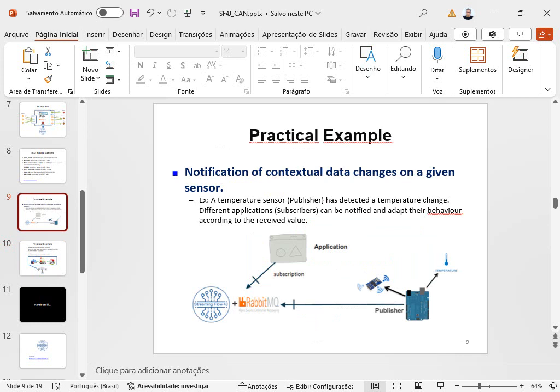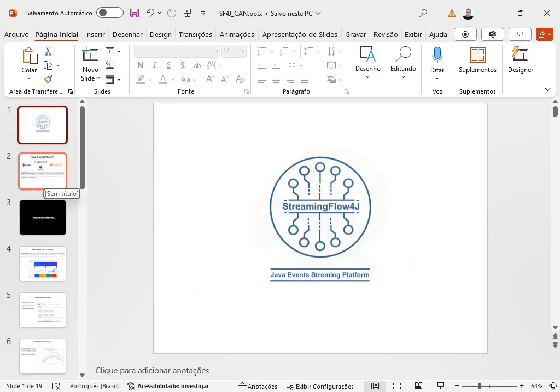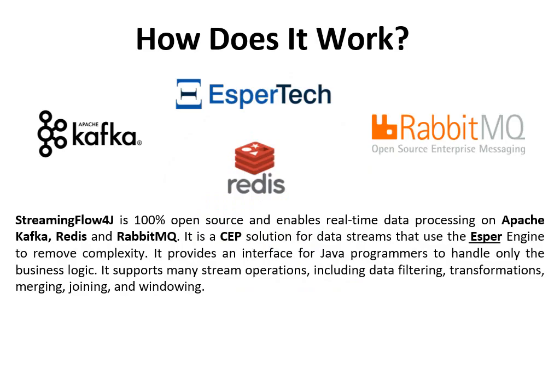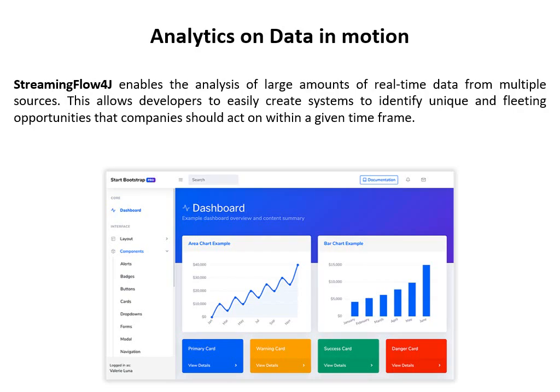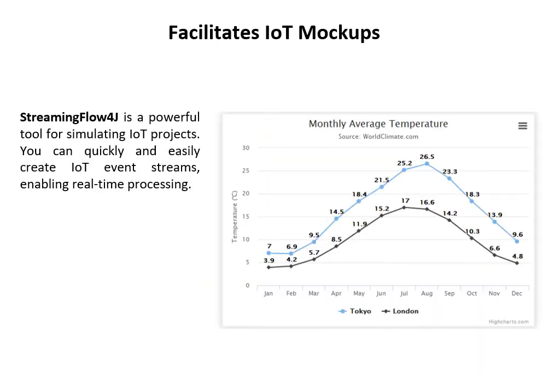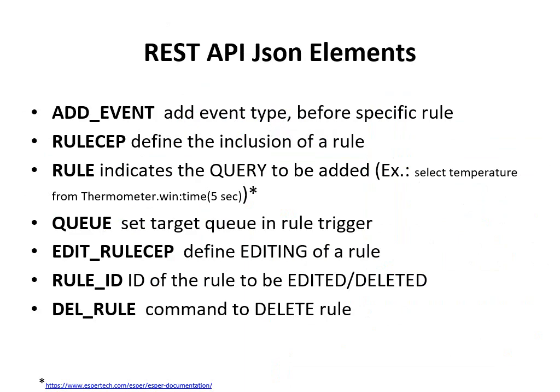In the first one, I talked about what is StreamingFlow4J, the theory behind it, the official definition, and what it is recommended for: analytics in real time, processing massive data, big data. I talked about how it's easy to make IoT and showed the platform and our API